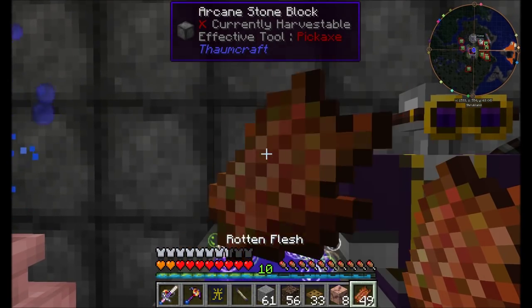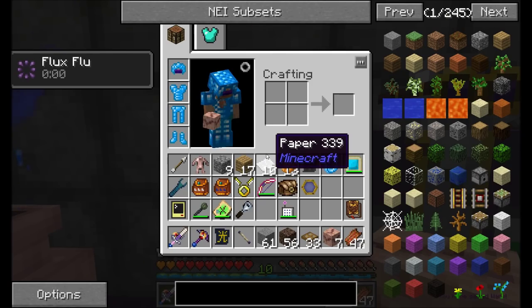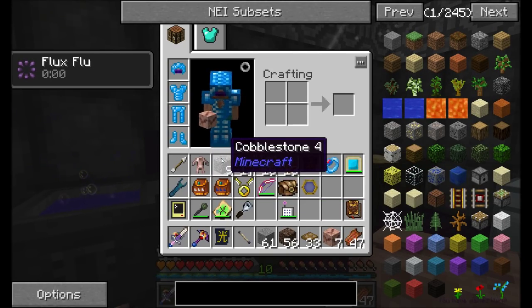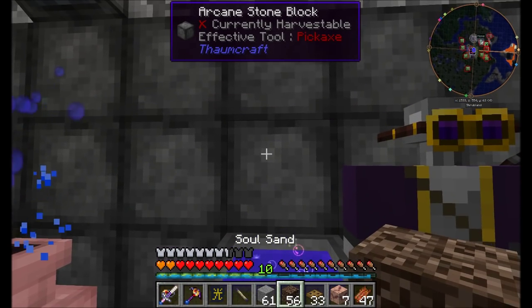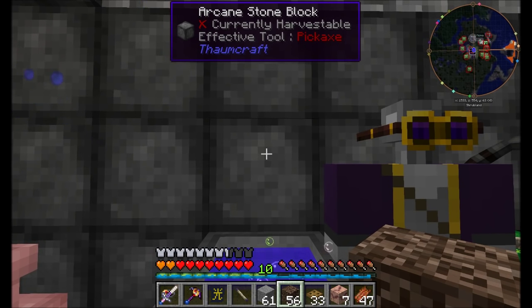1, 2, 3, 4, 5, 6, 7, 8. And there we go. You've gained warp. So crafting flesh golems equals warp. That's definitely a good route to go. So I'm going to do that for the next few minutes until I get enough to unlock the warp tab